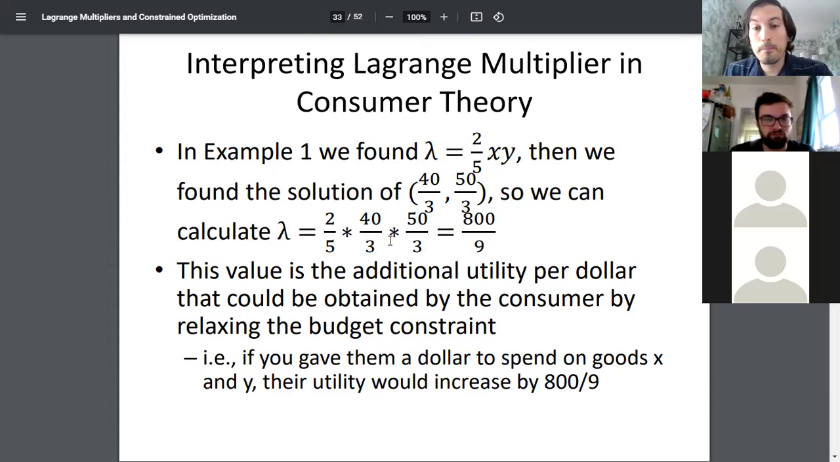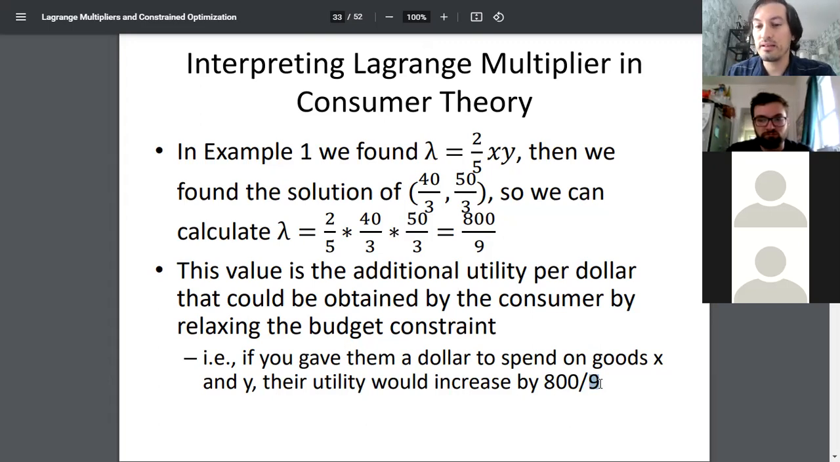This value, how do we interpret lambda? So right now I'm just speaking about economics. This isn't math anymore. I'm really just saying what can an economist take from this particular mathematical tool? And that is, lambda does say something about the additional utility per dollar that can be obtained by the consumer by relaxing the budget constraint. In other words, if I gave somebody an extra $1 and I said, okay, now you can spend this $1 on whatever combination of X and Y you want, how much better off has this person gotten? The answer is that's their